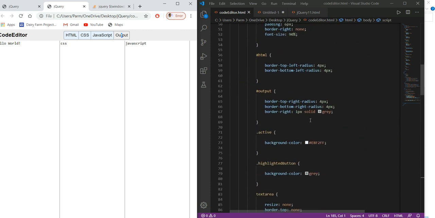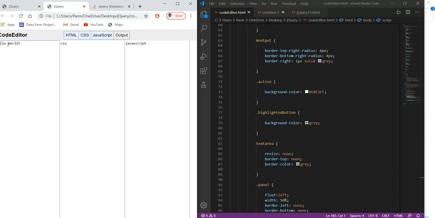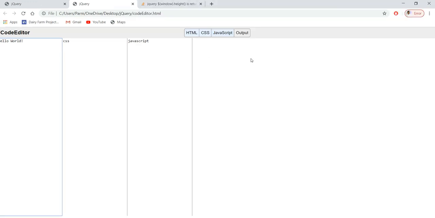Now we just have to check that whatever we write over there, just like we have written hello world in the HTML section, whatever we write over here should appear in this box, that is the iframe. So how can we achieve this?